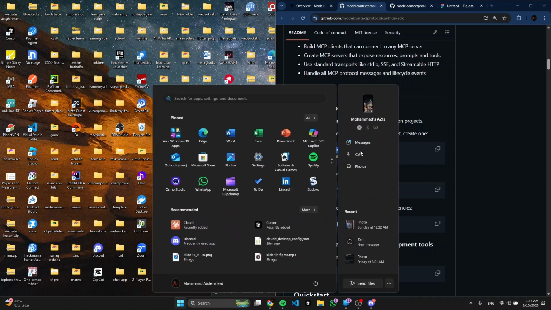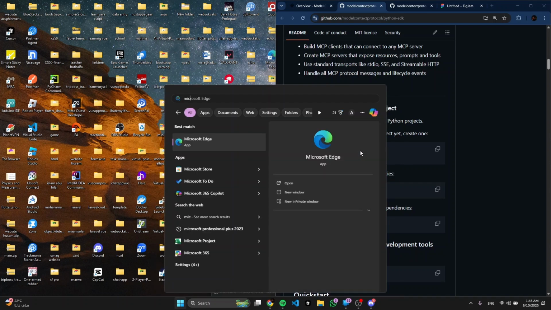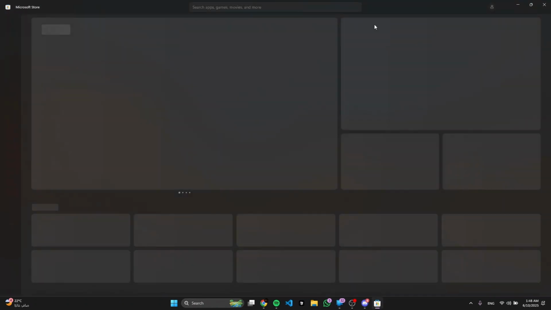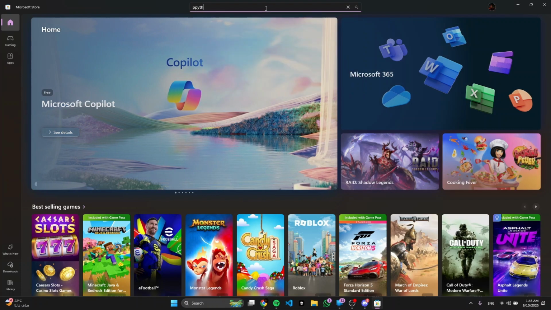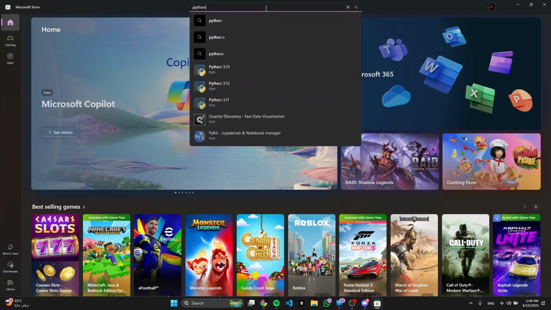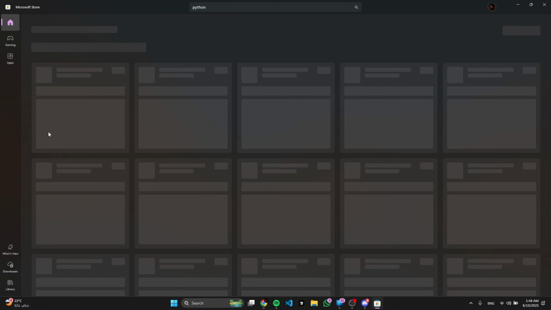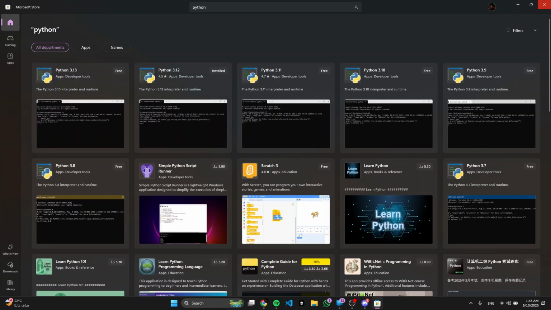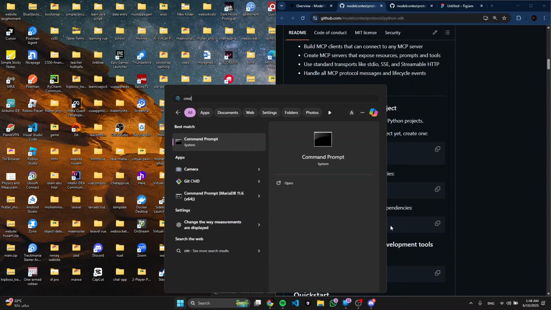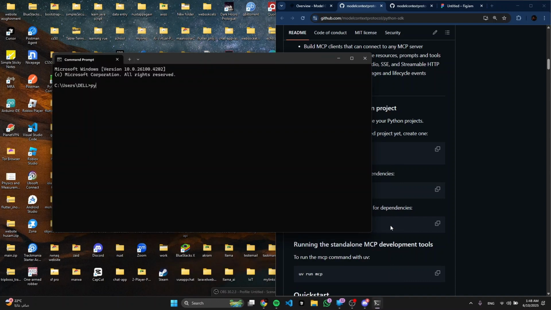So you should have Python. You can download Python from the Microsoft Store by searching for Python and then downloading it. I'll show you now pretty quick. So now we can just type Python, and you will find it. Just install it, and that's it. You can install a lot. I have this one, not this one, so I have already this one, and that's all of it. You can go to the CMD and type Python. You will have it in your